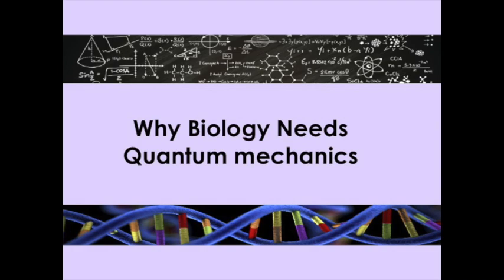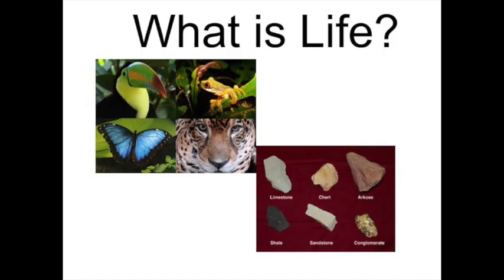But the first thing I want us to think about is, what is life? It's a kind of question that I think all biologists ponder. What is life? What makes it so different from all the other stuff that is in the world? Much of it composed of very similar materials to living stuff, but with completely different kinds of dynamics, at least from a biologist's perspective, much more boring than life. So what is it that makes this stuff so different from that?